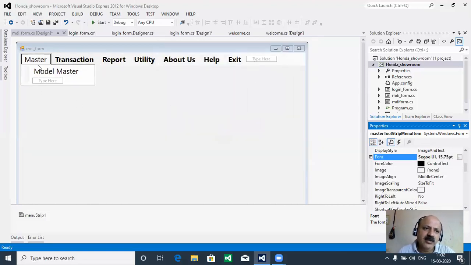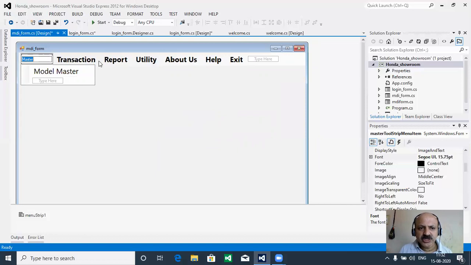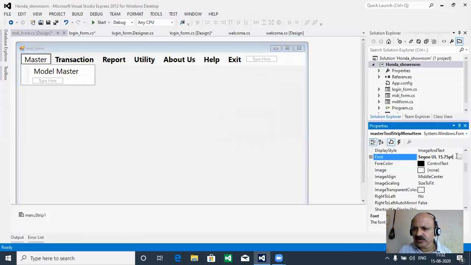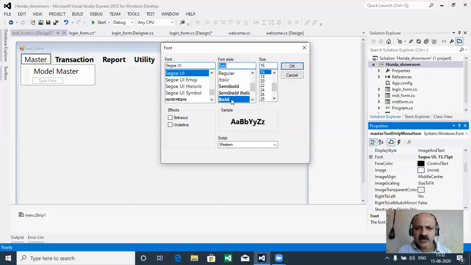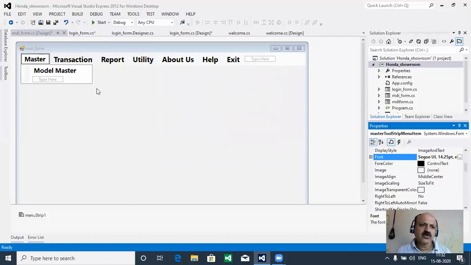So first we can take all the size. We can take this normal, so that all menus have the same font size and type. Because we have to change all these things, there is no risk, I just change it according to our parent. Here it requires bold, but we can decrease some size so that it looks better. Okay, now that is ready.